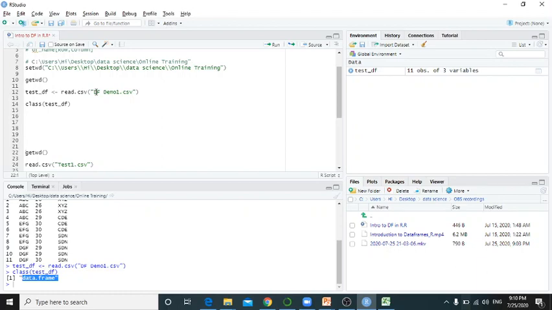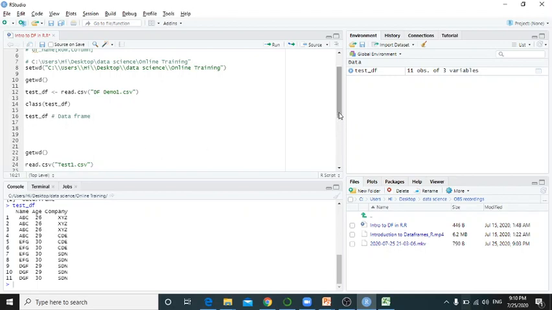All right, so you have got test df. Let's check whether it has our data which was present in Excel, and yes, the data which was present in Excel is now copied to test df. All right, so we have created our first data frame.